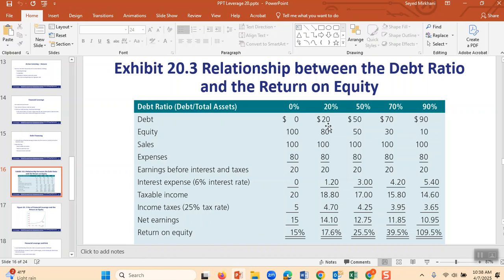Or 20% debt means you put $80,000 of your own money and you borrow $20,000. Or you put $50,000 of your money, this is 50%, and borrow 50%, or you put $30,000 of your money and you borrow 70, or you put $10,000 of your money and borrow 90. Each one of these has advantages and disadvantages.